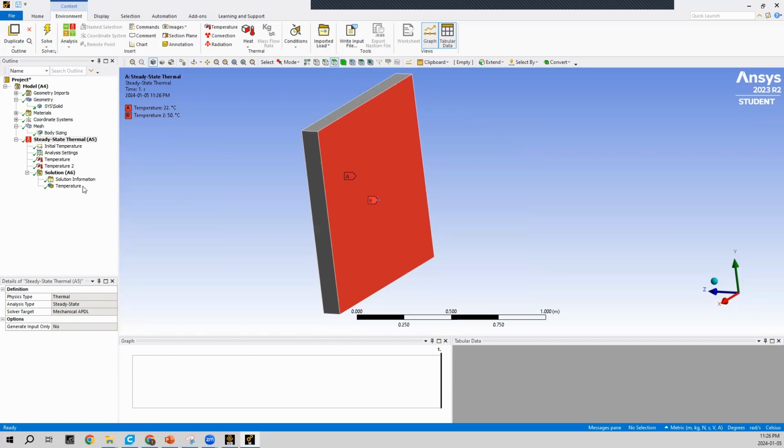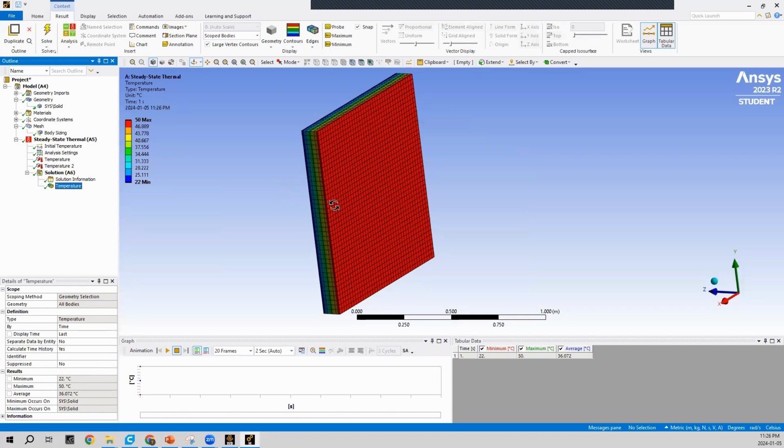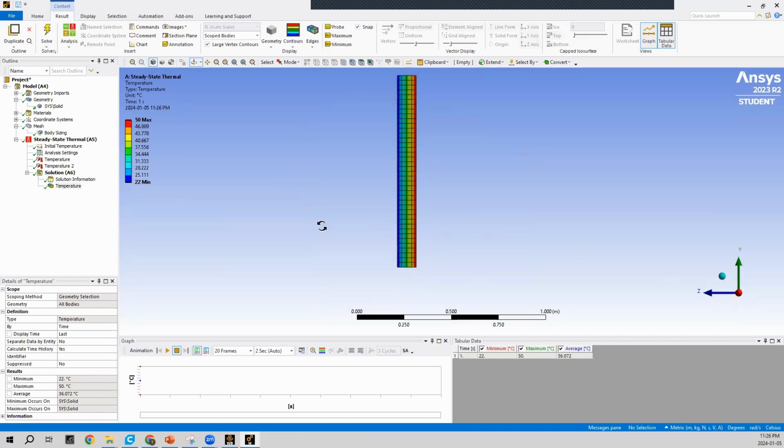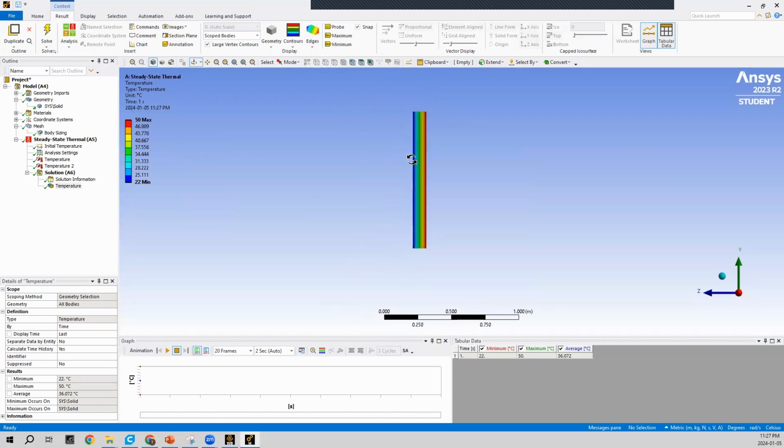If we press on temperature, we can now see our temperature gradient throughout the plate. As we can see from the color bar on the left-hand side, our boundary conditions are being respected. The left-hand side is staying at a temperature of 22 degrees Celsius, and the right-hand boundary is being steady at 50 degrees Celsius. And then we can see the temperature gradient throughout the plate. It might be a little easier if I deselect the elements here. So if I go to edges and press on no wireframe, now we can really see the temperature gradient